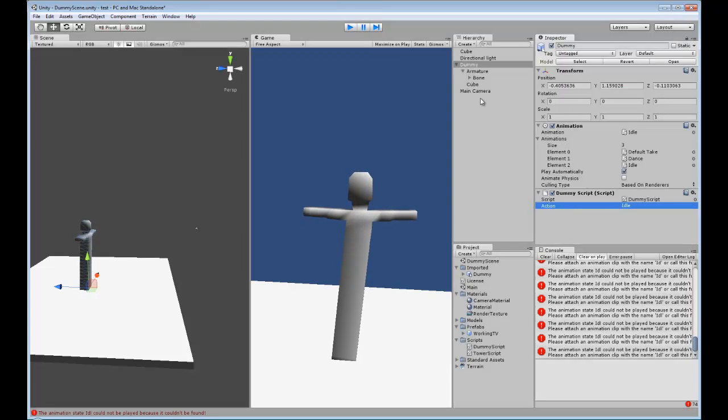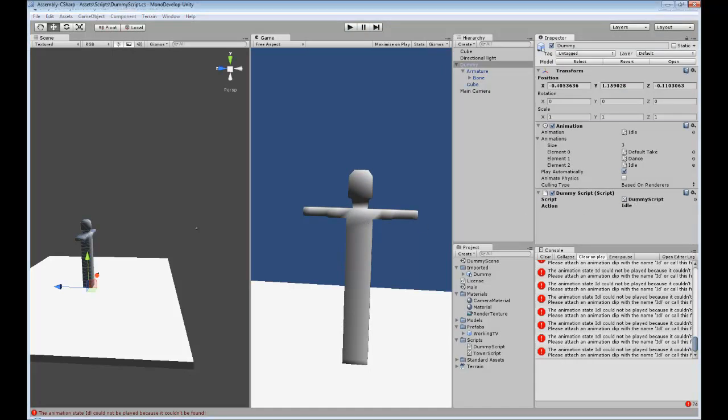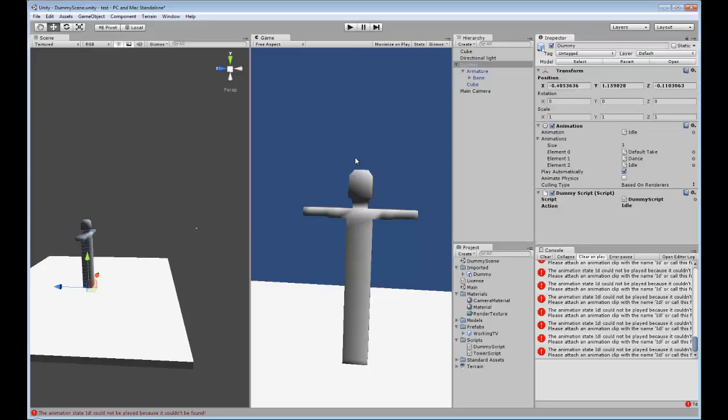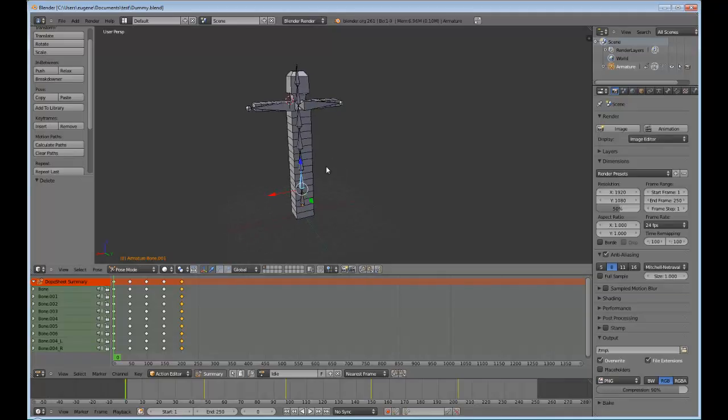But this is not the best way, of course, to create a character where you have to control through text. It's usually associated with the update. If you want artificial intelligence included, then maybe this dummy will track your avatar moving. If it's too close, it will get into action. If it's too far away, it will play the idle mode. But this is out of the topic for this animation. Let's try to change Blender